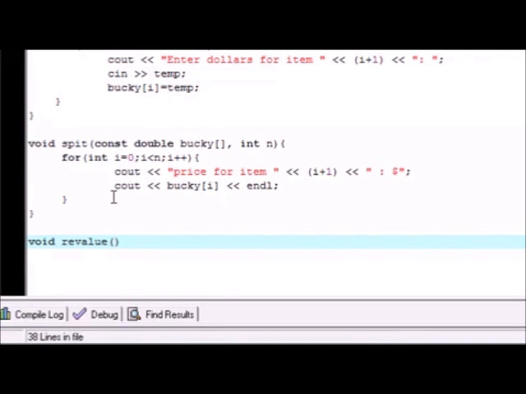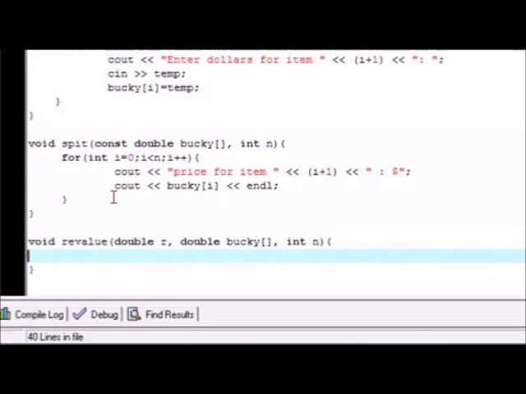The first one is the factor that you want to revalue it by. So double and put something like R for revalue. And now after this, go ahead and insert your array. So double Bucky as a second parameter, so the second parameter is going to take an array, and then put int n for just the limit of your array, or how many it has, so our loop knows how many